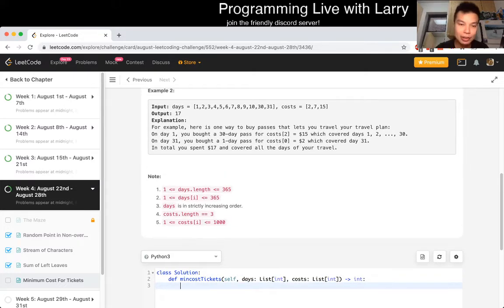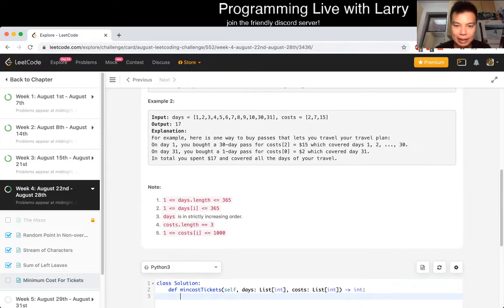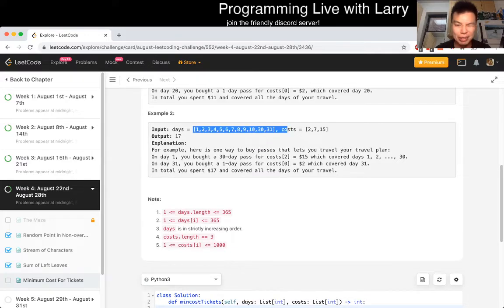I could do it top down first, but maybe I'm still just trying to figure out which way to do it. Basically, the idea is that it's just trying to figure out a little bit about the data structure on how to represent this. I'm thinking in between a Boolean array of 365 or just, given this, and I'm trying to think about which one is easier. But yeah, I think I would define